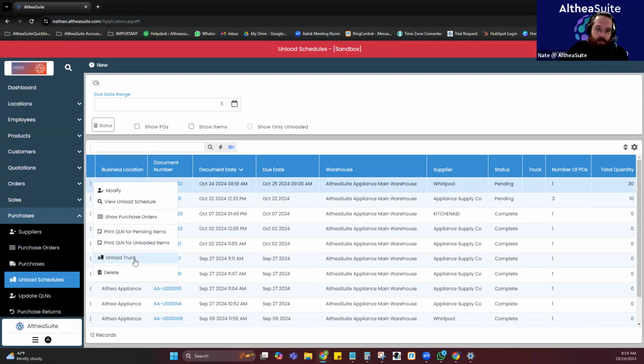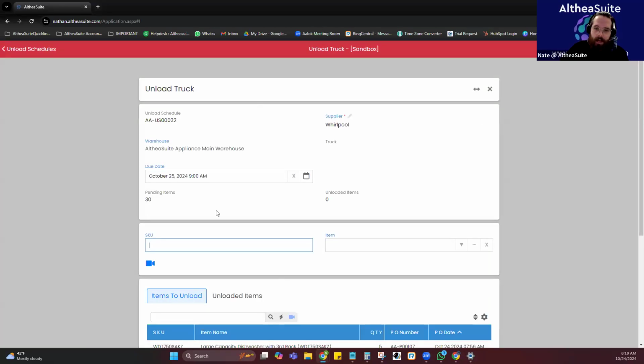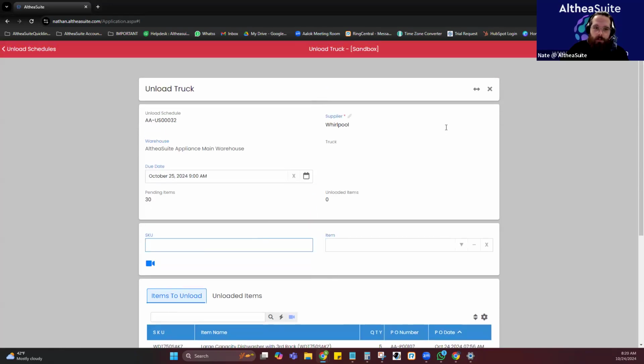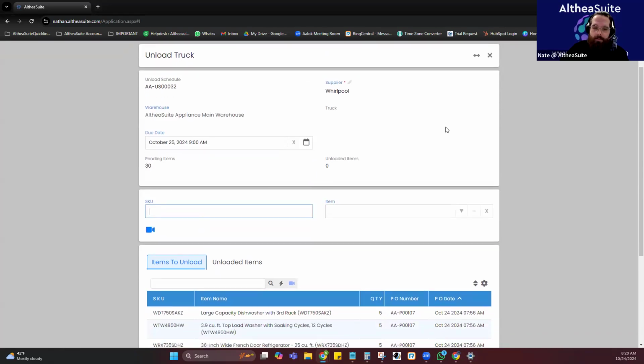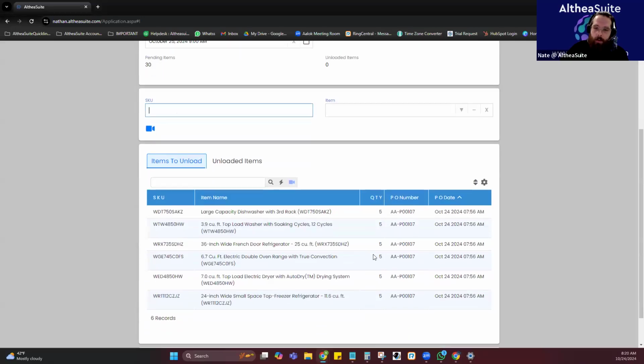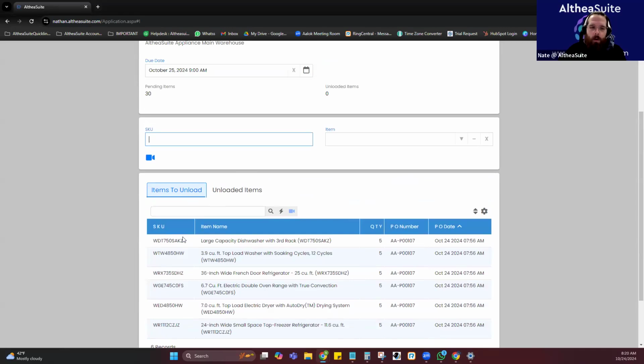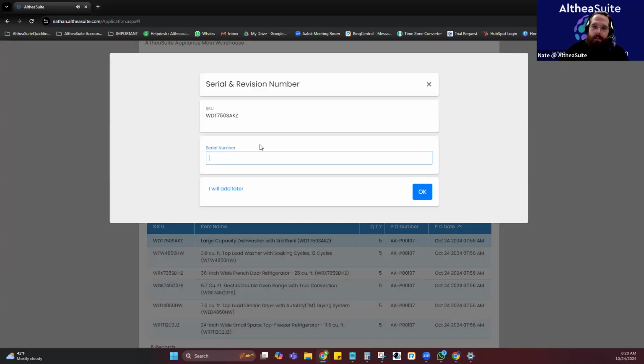Now, the way this works is once you click into here, you're going to have an SKU field and then an item field. This is a process that we have for a lot of our appliance customers. So what they'll do, they'll have their items in here. This is quite a big PO, so it's going to be like 30 scans on here. But the way it works is you just need to take the item, if you had the item on and had a barcode on it and scan it in, I just did it with my cursor by putting it in